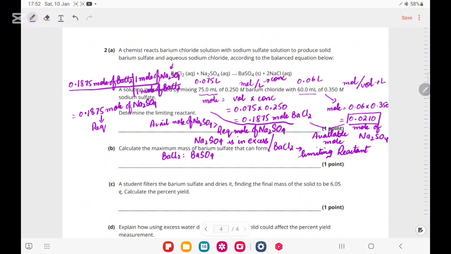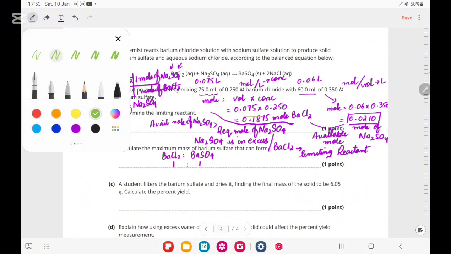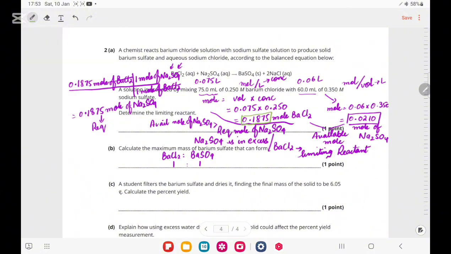So first, from the equation we can see it is 1 mole and barium sulfate is also 1 mole, and available moles of barium chloride are this much, so it is going to be 0.1875. It is going to be x, and x also comes out to be